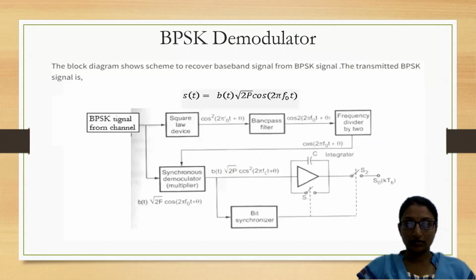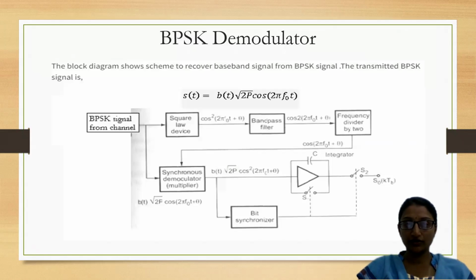So when my S of t is given to a square law detector, it simply squares the value, and further if you send it to a band pass filter, only a particular band is passed. That means only higher frequencies are allowed. And when we do the same for a frequency divided by 2, the 2 which we are observing here is cancelled, and finally cos 2 pi f naught t plus theta is sent to a synchronous detector,